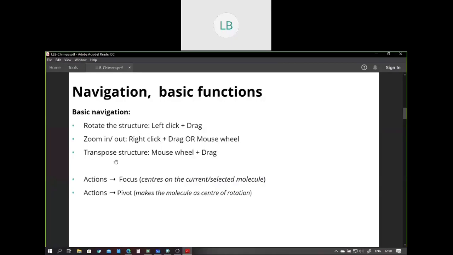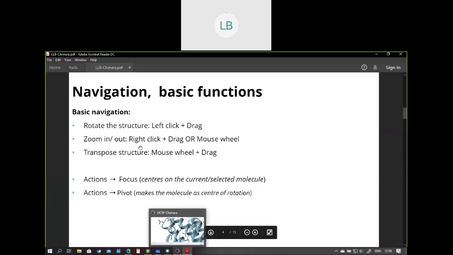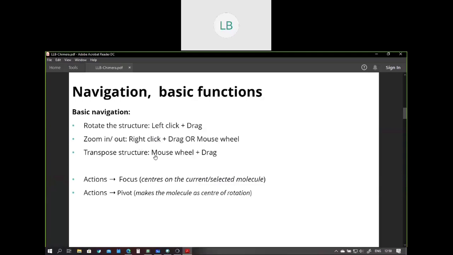Like every other visualization program, you just left click anywhere and drag. To zoom, there are two ways. Just right click and drag to zoom in and zoom out. Or you can use the mouse wheel. If you move the mouse wheel up or down, it will zoom in or zoom out, depending on how you prefer. Apart from zooming, you can also translate the structure, or move the structure.